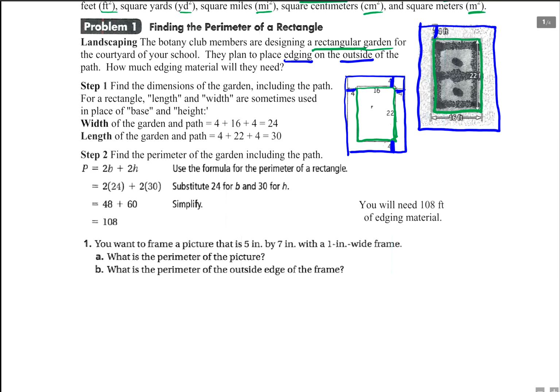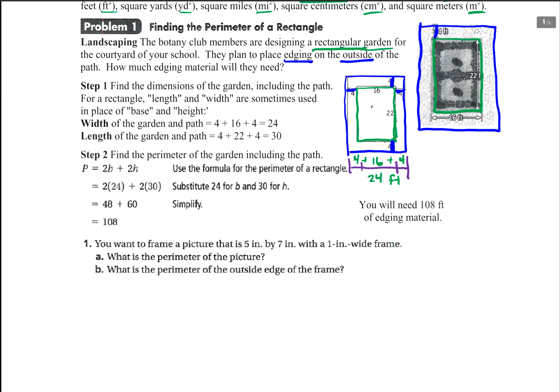So when we are looking for measurements, we want the measurements of the entire thing. We know that in between here, this is 16 feet, right? Because there's our garden, that's the width of our garden. And the walkway is 4 feet on this side and 4 feet on this side. So how do I find that entire length? Well, I'm going to add them all together. So this turns out to be 24 feet